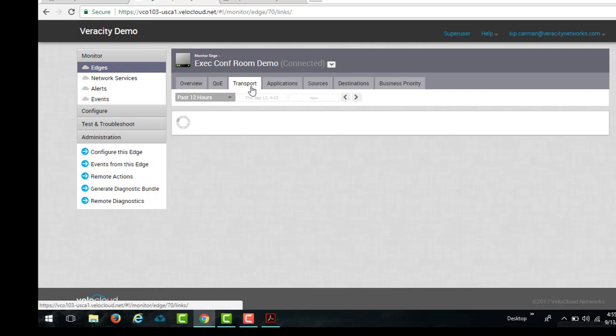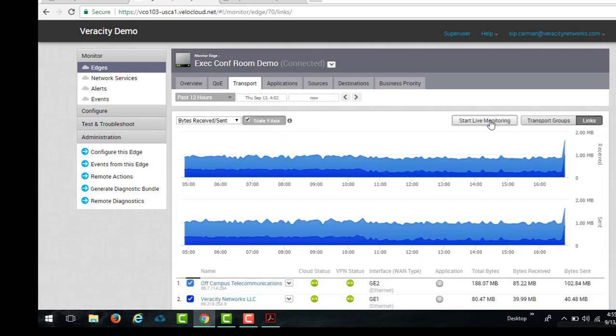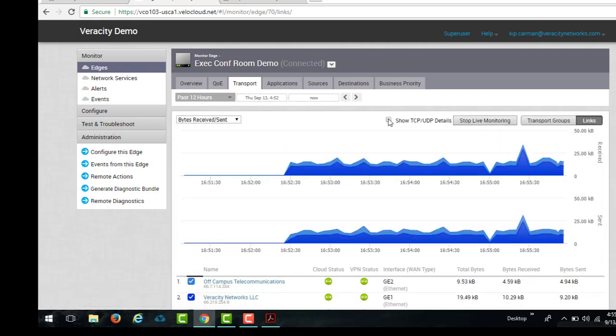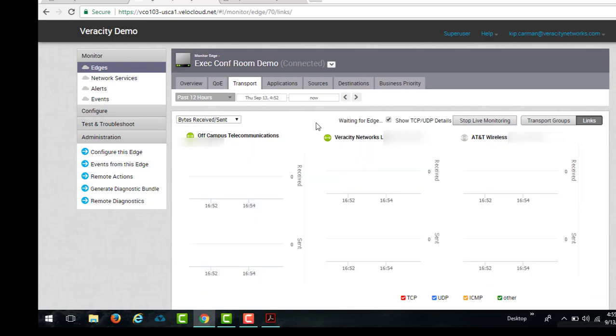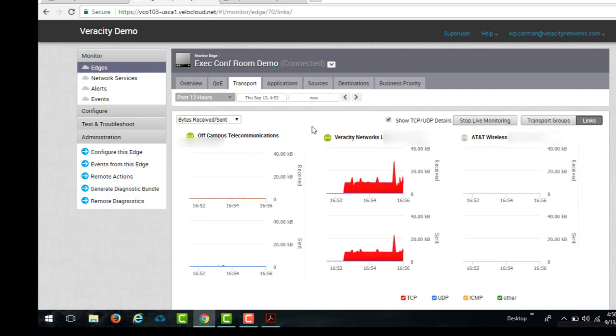So the last item that I'd like to talk about as far as the orchestrator is concerned is going in and actually taking a look at live traffic running across the primary and secondary circuits. You'll see here that Veracity Networks LLC is sending constant communication between the edge device and the gateway that we referenced in the drawing. And one of the things I like to do is demonstrate what a phone call looks like